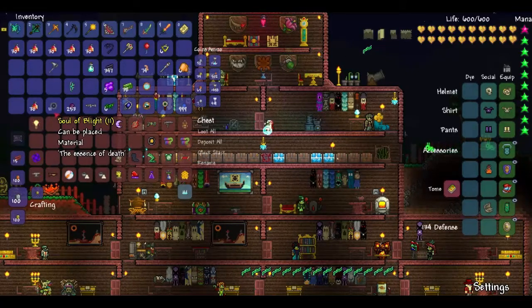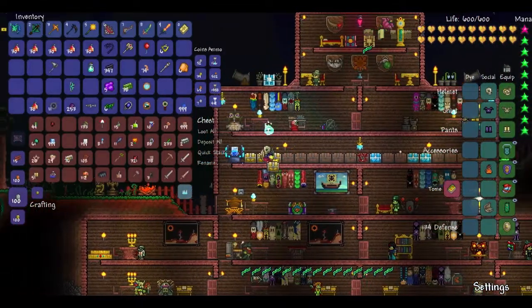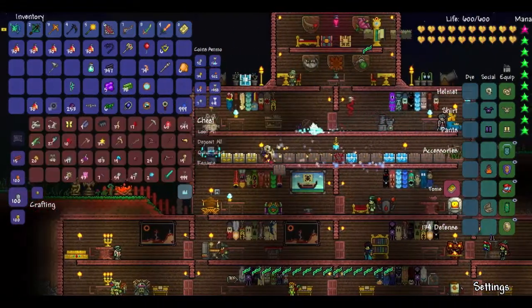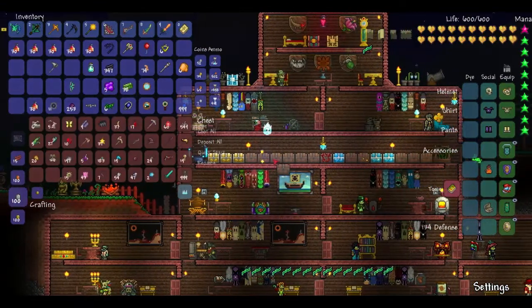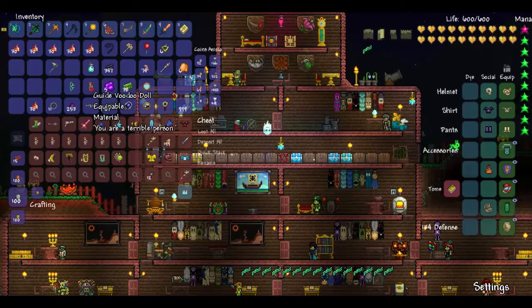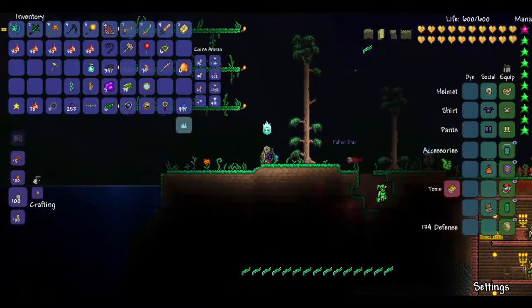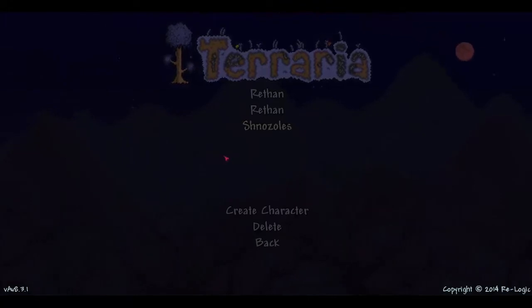And I think we will go and farm some clingers. I have way too many guide voodoo dolls somewhere. There we are. And then, what else will we need? We won't need anything else, I don't think, because we're just farming for clingers. We just gotta make sure that the world is corruption. So I'm gonna make a new one, and I'll tell you when we get into